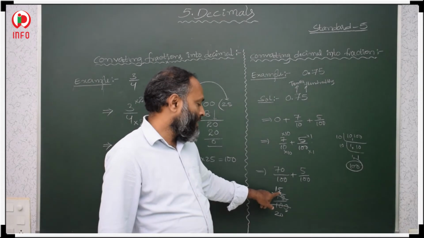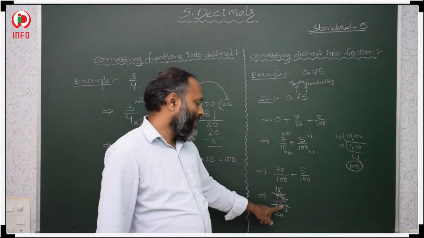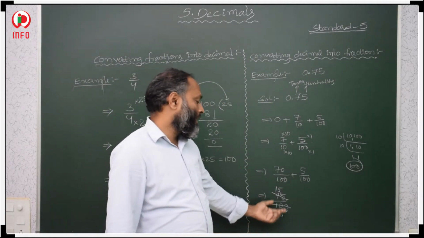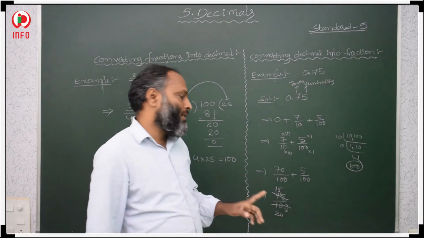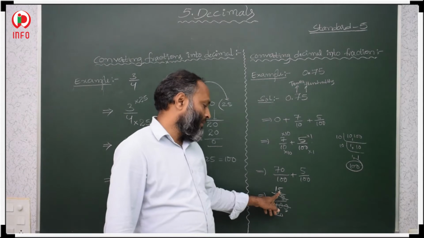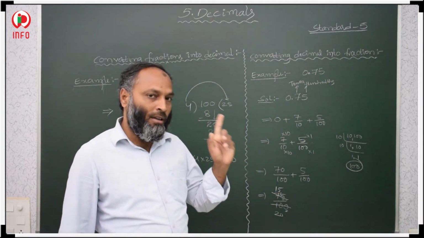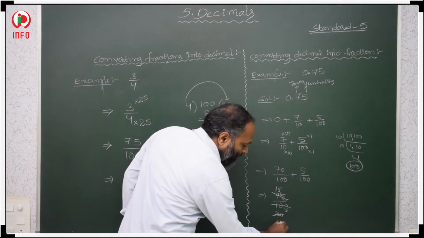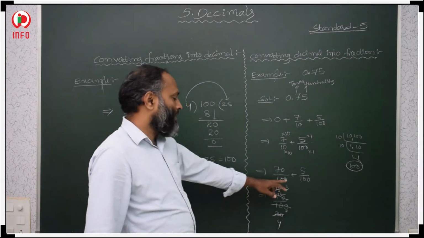In 15 the last digit is 5 and in 20 the last digit is 0. If 5 and 0 are in the last digit, which common table do they divide in? Again the 5 table, by the divisibility test. So again you take the 5 table. 5 fours are 20, 5 threes are 15. Now these are 3 and 2.